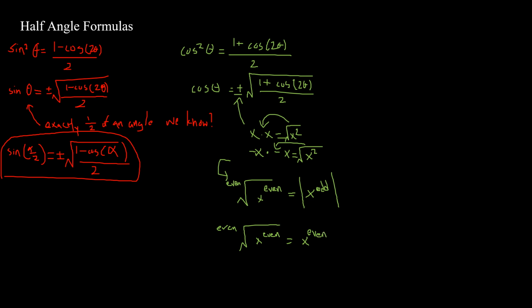And this is because it doesn't actually matter what x is. It could be positive or negative. Even if it's positive or negative, the even power here is going to make it positive. And this is important because when you're taking an even root, you cannot get a negative number, that is, if you're working with real numbers. For the most part, you're going to be working with real numbers. So that's why there's this rule here.